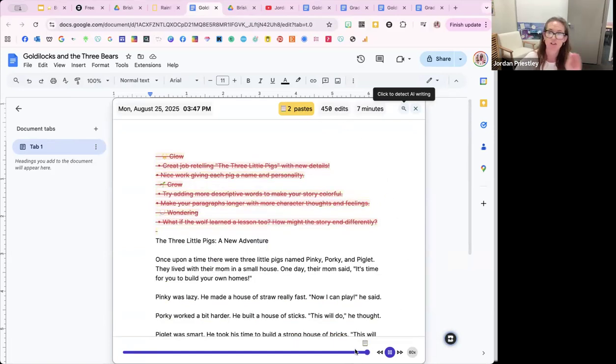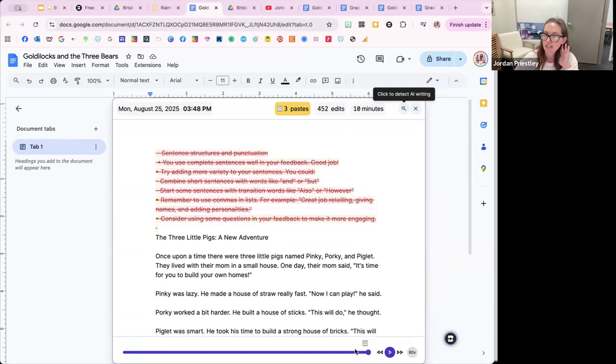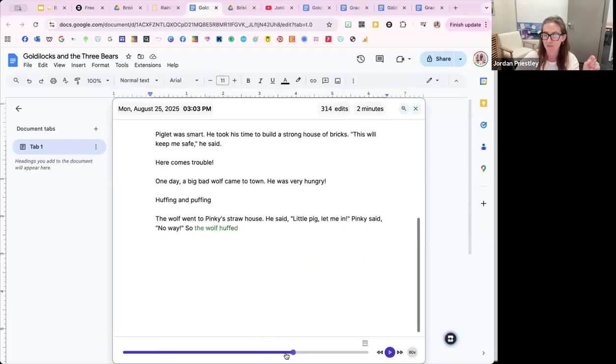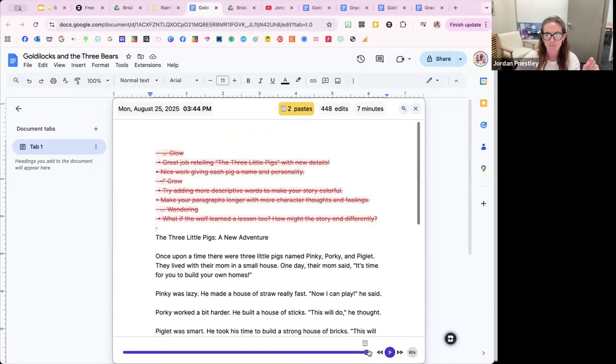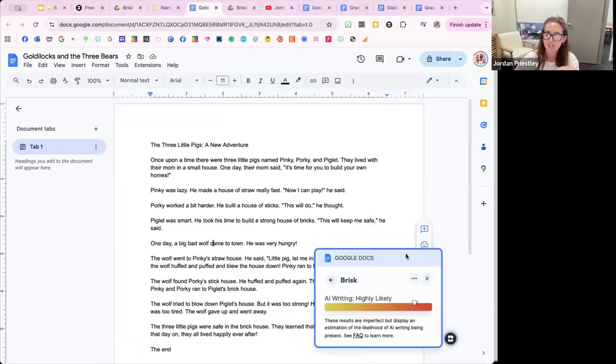See, it's crossing out, showing me that I've deleted those texts. I've clicked on those, the time that it has spent on those lessons, how many edits there are, and I can actually go back through and see a full video transcript of this child's work. If I wanted to, I can actually click this "click to detect AI writing," and it's going to tell me